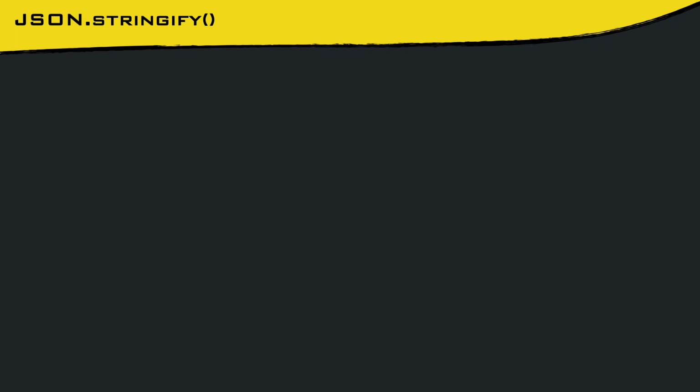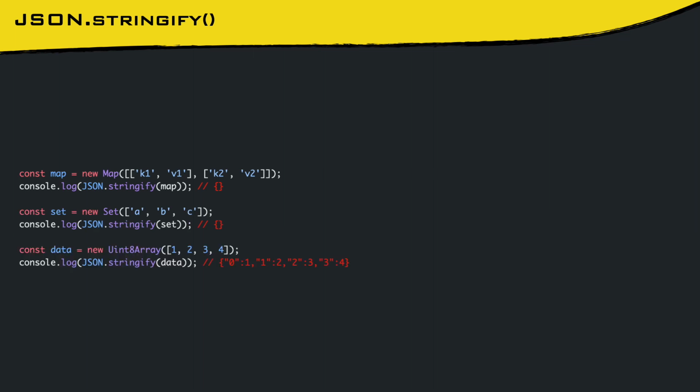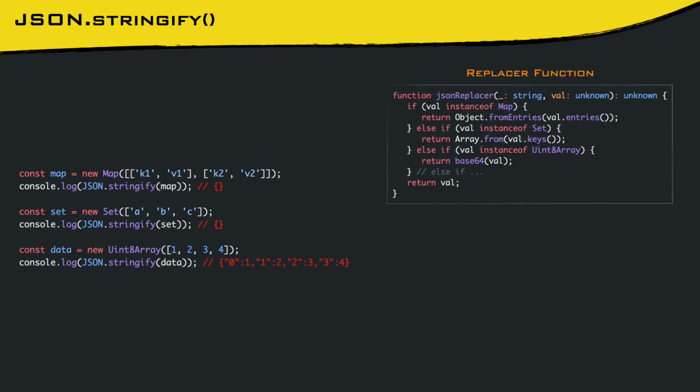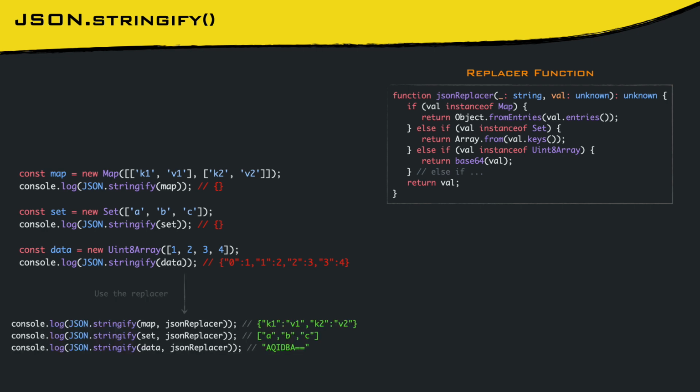JSON stringify is one of those methods that you probably use without thinking too much about it. But if you're using maps, sets, array buffers, or other such objects, you should be aware that they will not be serialized as you might expect. Fortunately, for all the objects not converted automatically, you can use a custom transformation method. This method, passed to stringify, will be called on each object, and it should return a simpler object that can be converted to JSON.